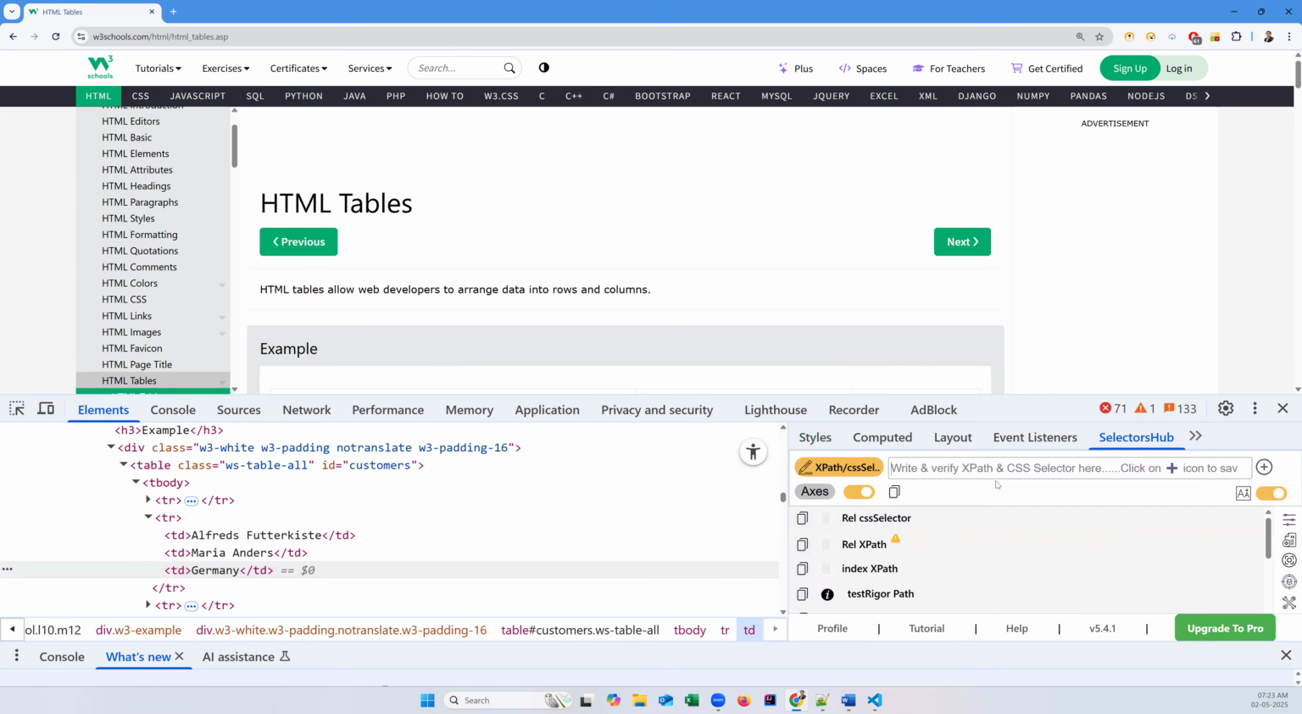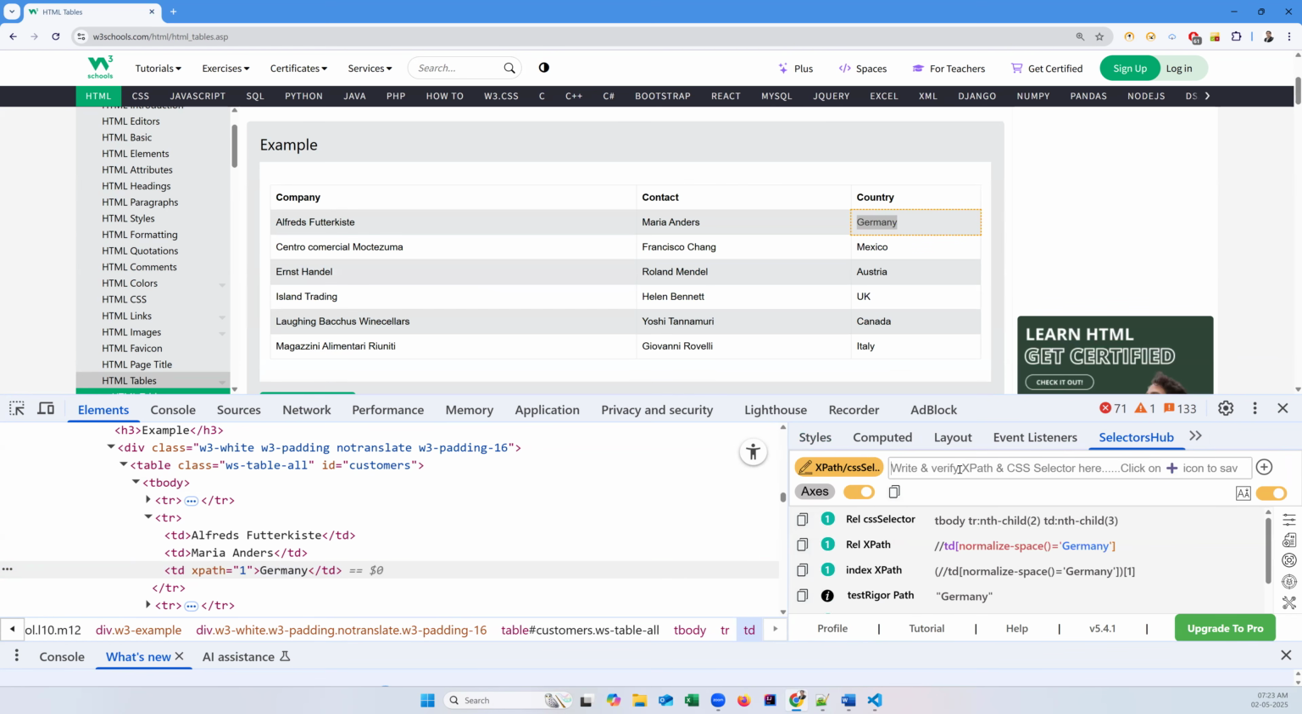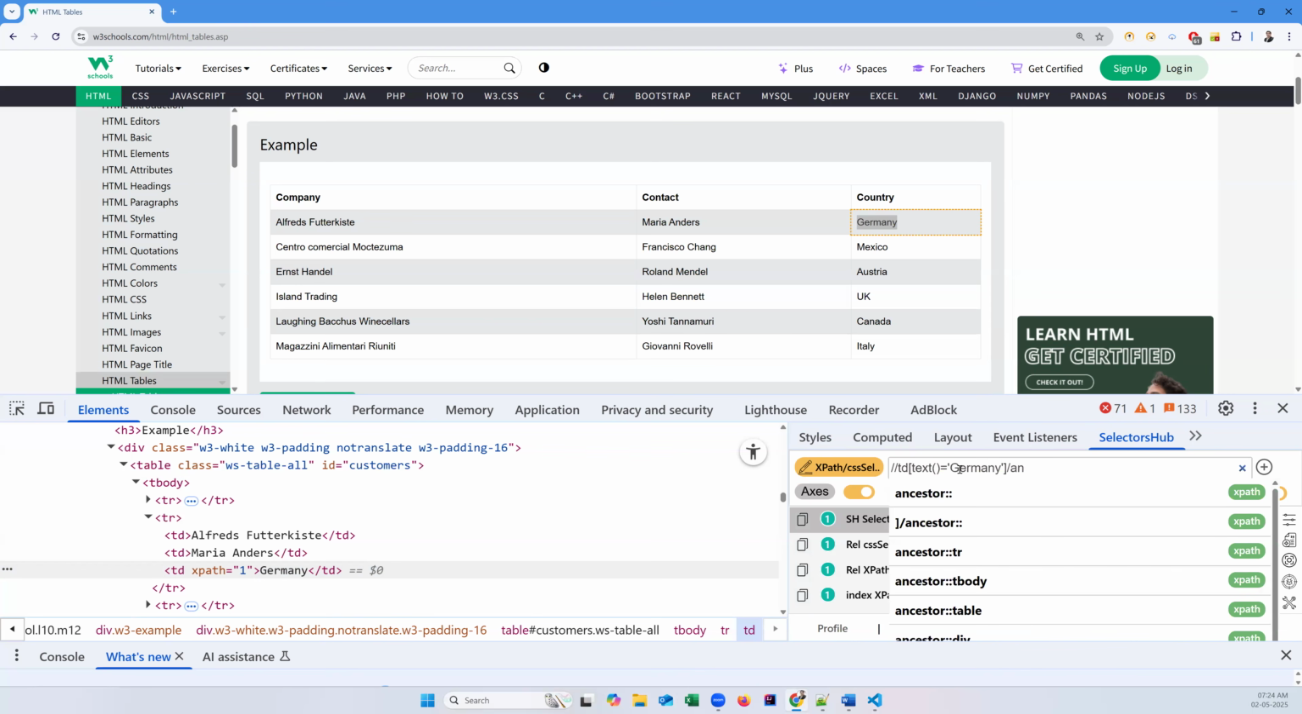Here, go to Selector Hub. I'm writing an XPath for this. First, write an XPath for Germany. So how to write the XPath for Germany here? I'm just directly writing //td as my tag name, and I'm using text, so text equal to Germany. So this is exactly matching one element, Germany. Now from this element, I want to extract all ancestor elements. So to extract ancestor elements, I say ancestor::